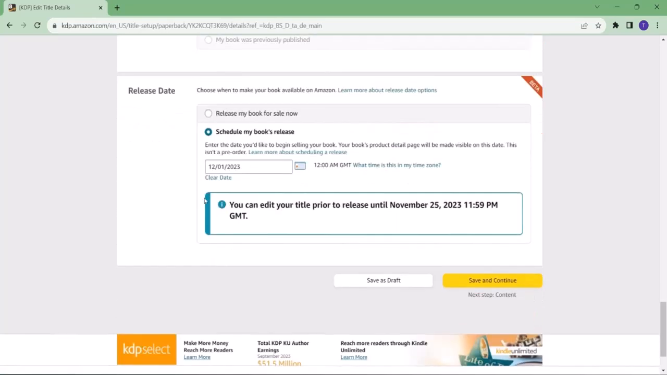If you scroll down to the release date here, the first option is release my book for sale now. What that means is that covers pre-orders. A lot of times you'll see people selling their book before their actual book is released. This allows your purchaser to purchase, say, for instance, if you have an ebook for sale, they can gain access